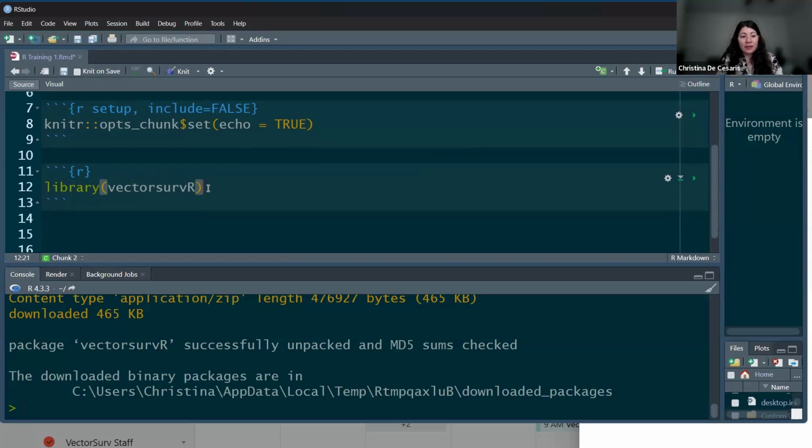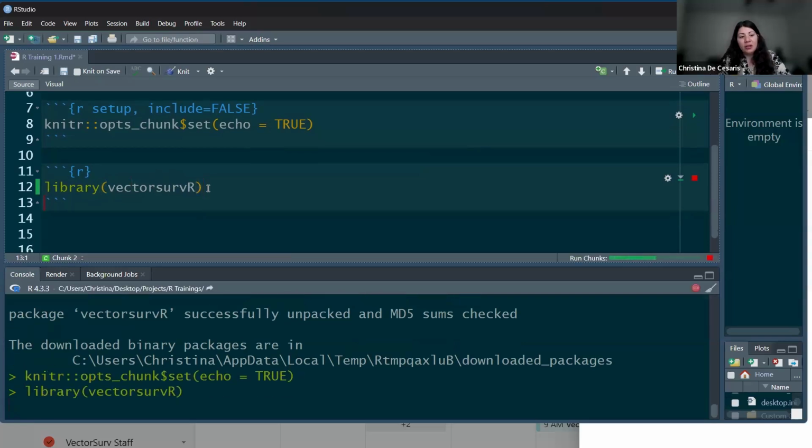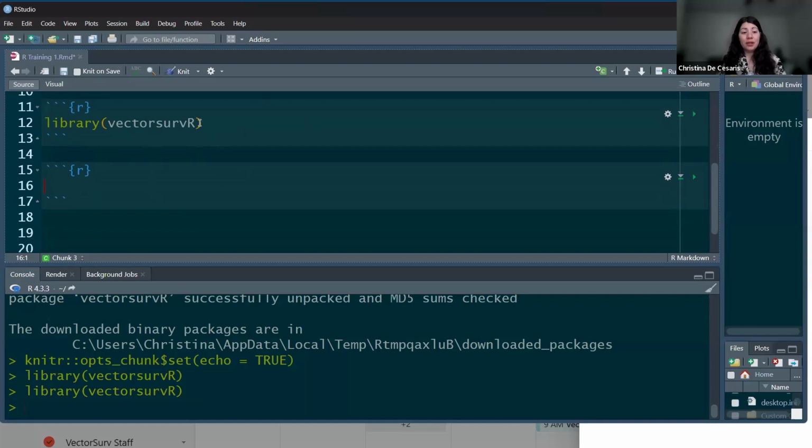To run this in Markdown, you can use Control-Enter, and that runs a single line. To run an entire chunk, you can do Control-Shift-Enter, which in this case, because it's one line of code, does not affect it. Once you have loaded our package in R,